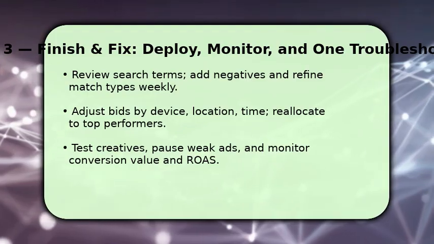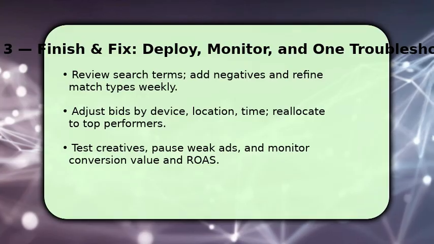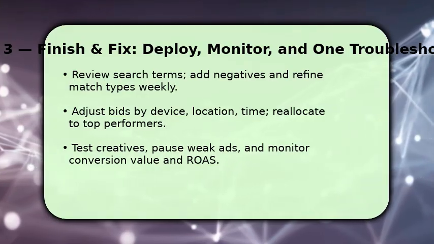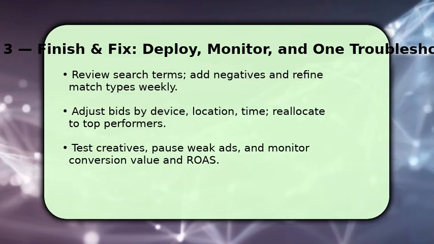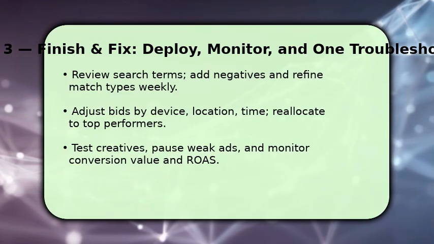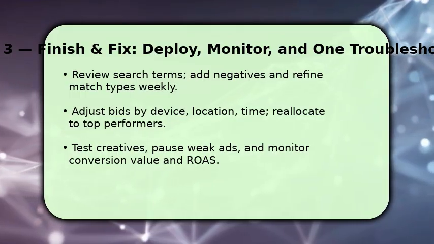If metrics drop, troubleshoot by confirming tag firing, reviewing recent bid or budget changes, and checking landing page speed. One key tip: enable conversion lag reporting to spot delayed attribution issues that otherwise look like